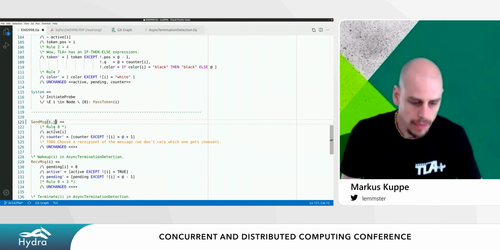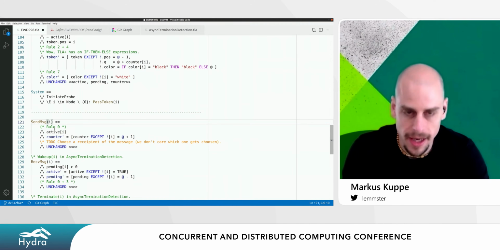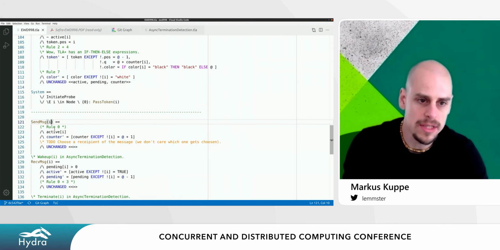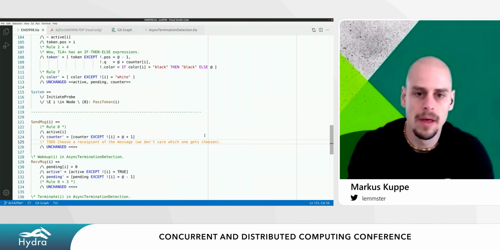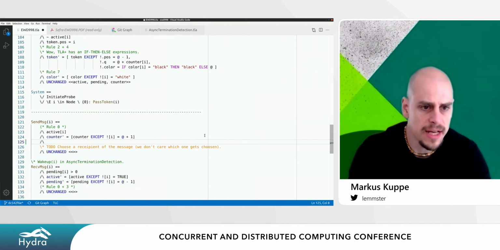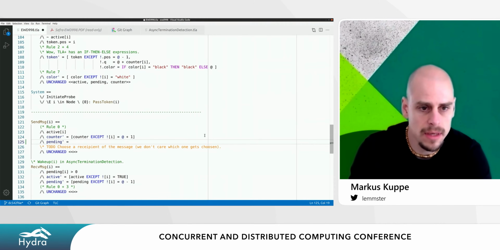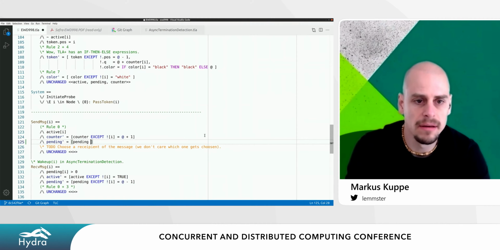But today we don't. For some reason, I decided to let the send message decide where it wants to send the node. And that means that pending prime equals pending accept,